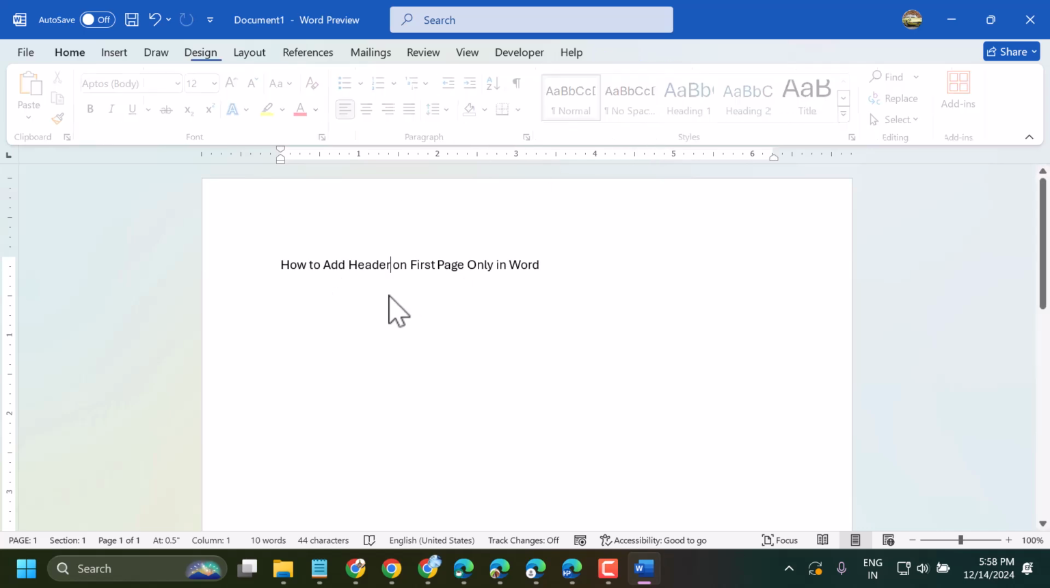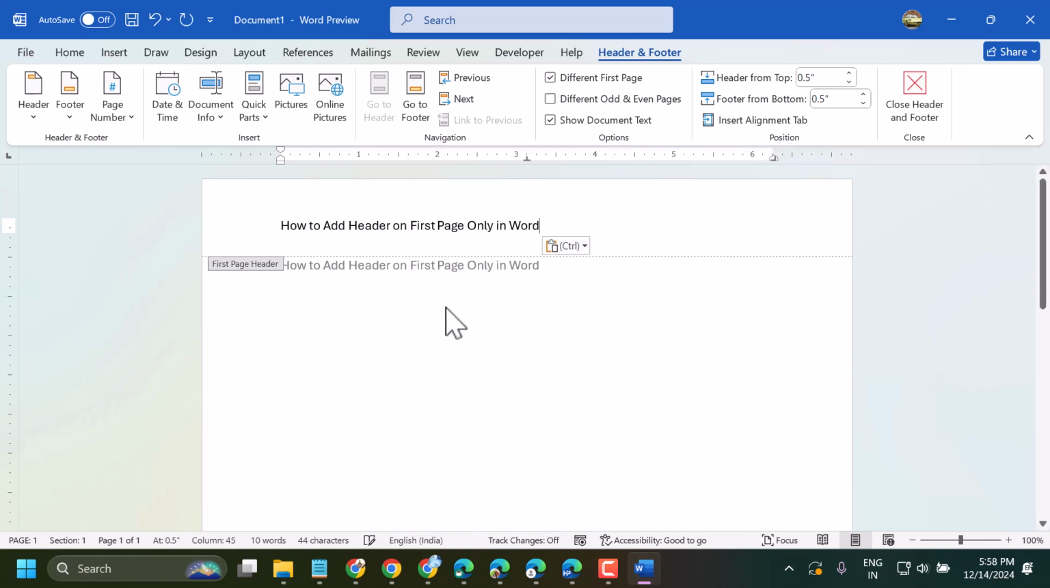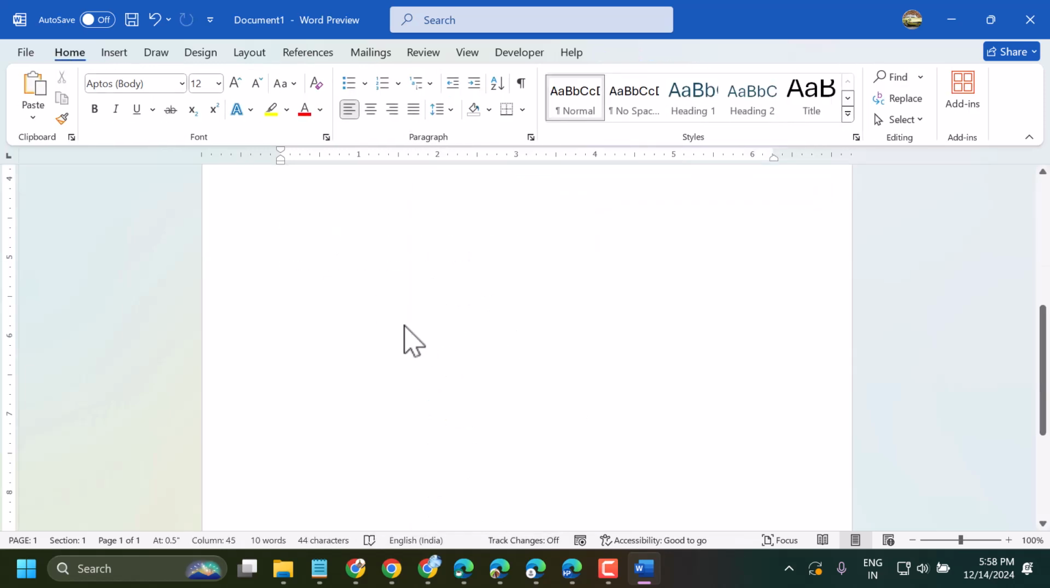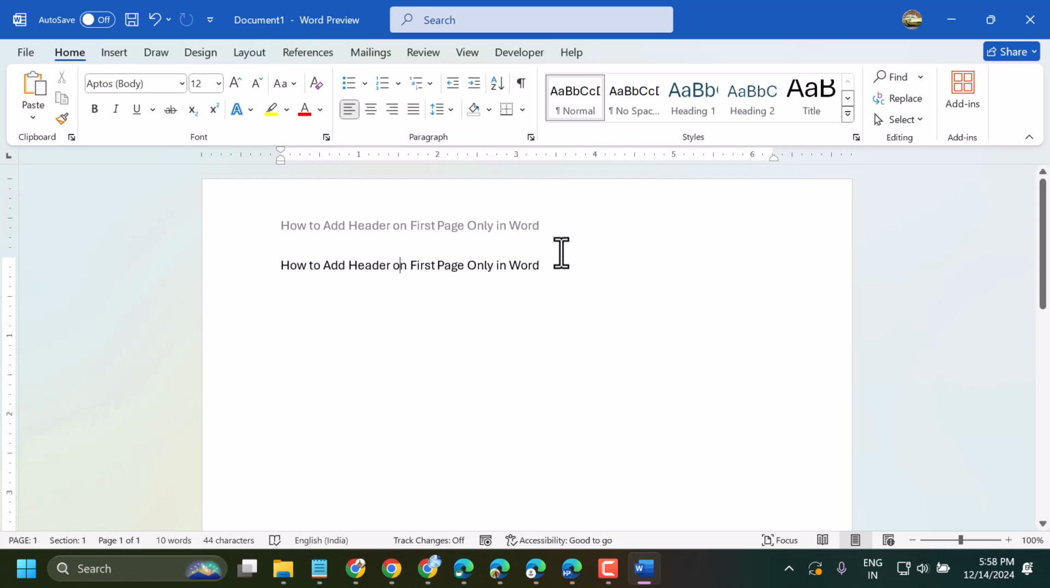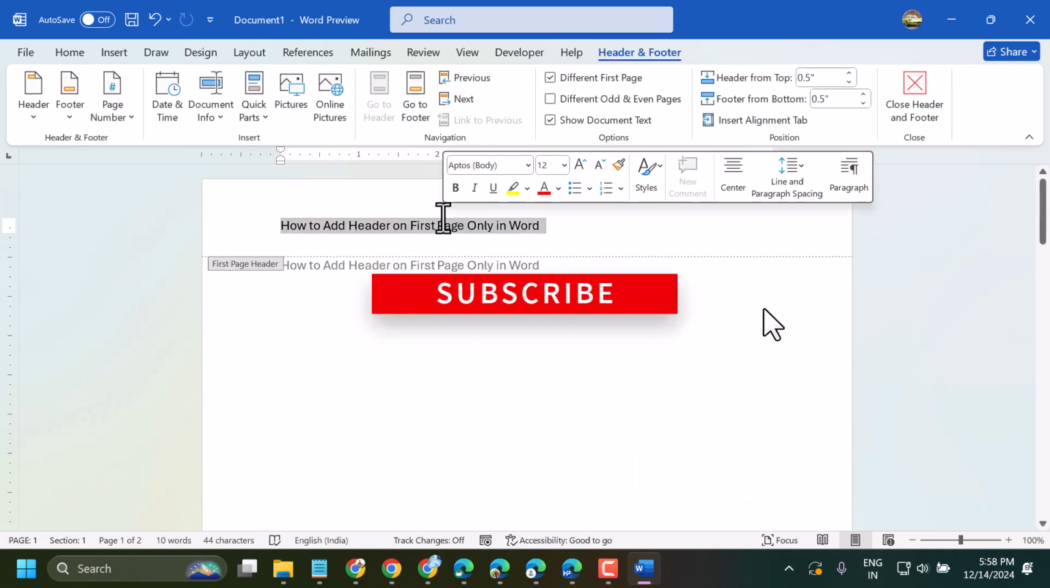Now click anywhere in your document. So this is your header area, and once you get to another page, you will not see the header. It appears here. So again, click here, double click, and